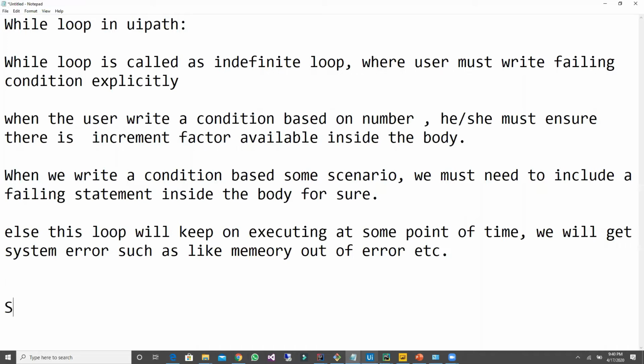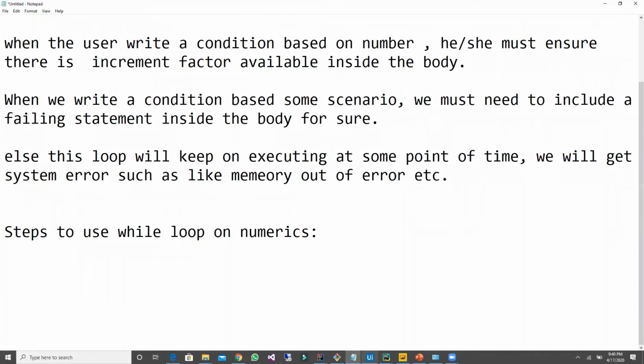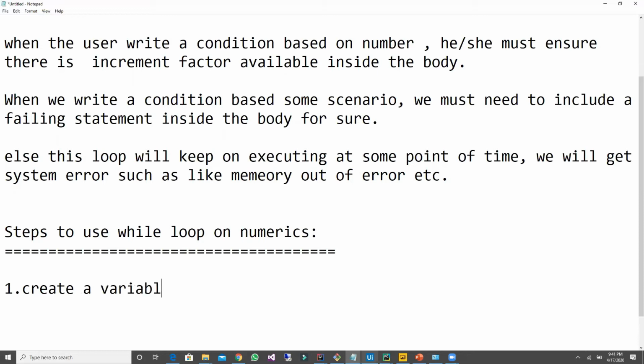So steps to use while loop on numerics. Okay. So when you write your while loop with a conditional statement on numerics, how are you going to write it? Step one is create a variable.